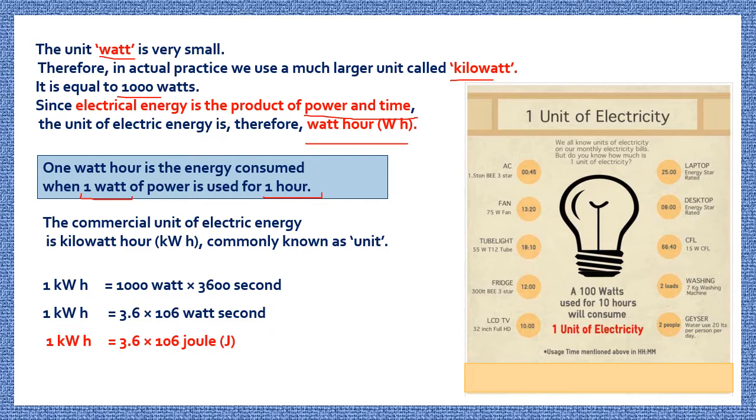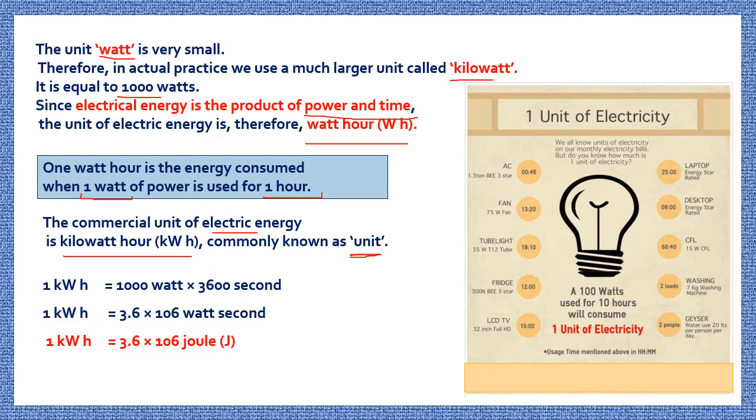The commercial unit of electrical energy is kilowatt hour. Why? Because watt hour is a very small unit, and energy cannot be consumed in watt hour. It is consumed or used in kilowatt hour, and 1 kilowatt hour is known as 1 unit. If you observe your electricity bill, their units are written, and you will pay the electricity bill in terms of unit. As many units as you have used, you will pay accordingly. So what is that unit? That unit is kilowatt hour. If you have used 200 units, it means you have consumed electricity 200 kilowatt hour.